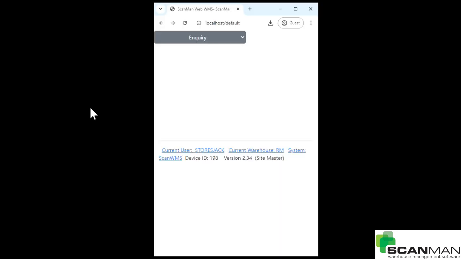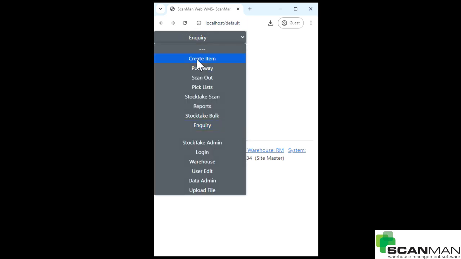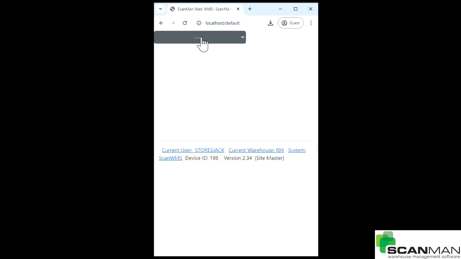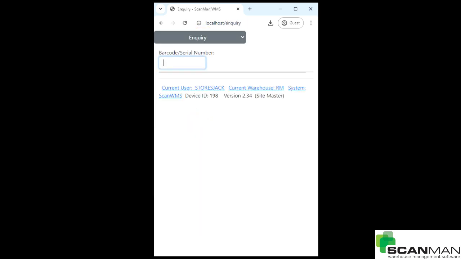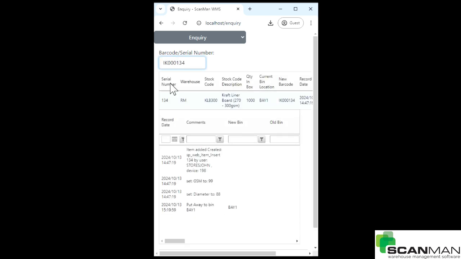This method is using the barcode scanner in the warehouse, or in fact this can be done from any computer, even if you don't have a scanner, and I'll show you how to do that soon. So you click on the inquiry option. If it doesn't work, just go back to your default page and then click on inquiry. And here with the barcode scanner, you scan in the barcode number and the information about that barcode will be